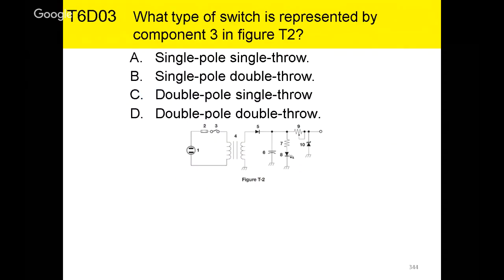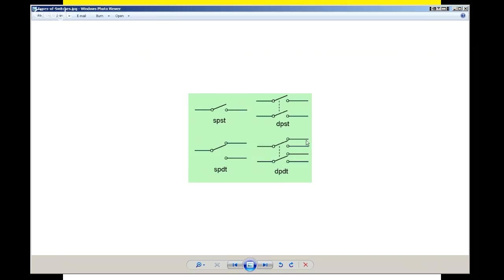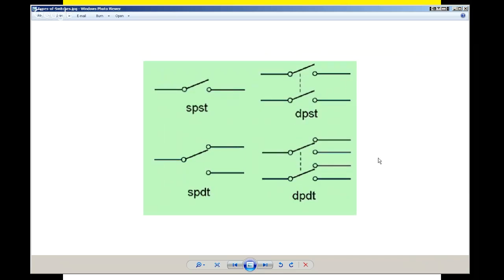What type of switch is represented by component 3 in figure T2? Now, let's see, where is that? Here I have a little bit of a graphical depiction of the different types of switches. This is a single pole, single throw. In other words, you're either in an on state or an off state, but it's a single pole. This is your pole right here. And